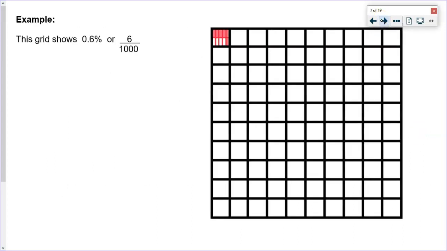So let me show you this. This is what I mean. This grid shows 0.6% or 6 over 1,000. So this is our hundredths chart, and now we've broken each square into 10 little spots. I'm not going to make you draw these, don't worry. I just need you to have that visual of what this means and what it would look like in your head. Okay, so they have colored in 6 of these 10 little spots,